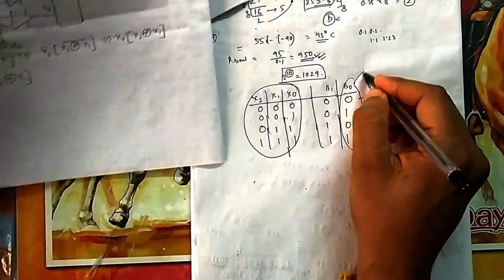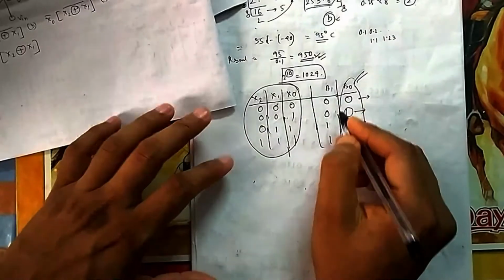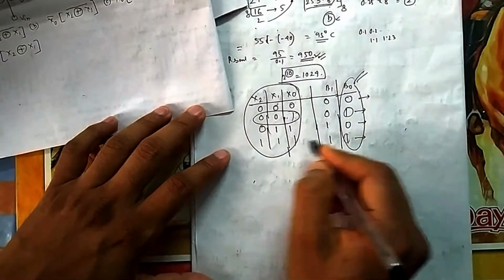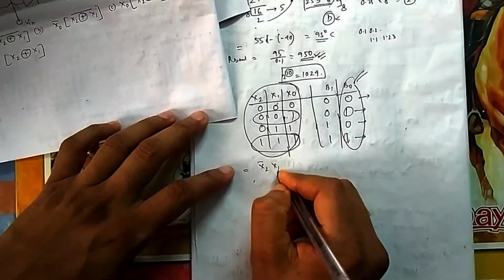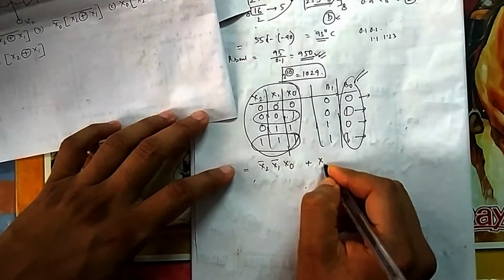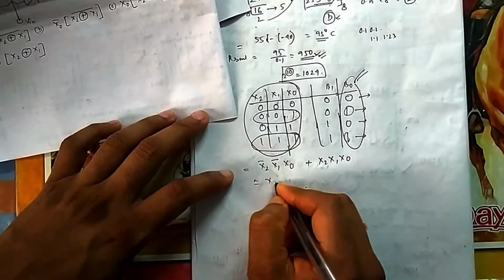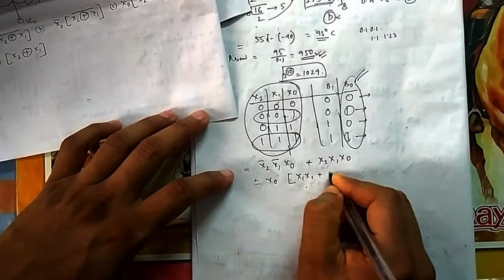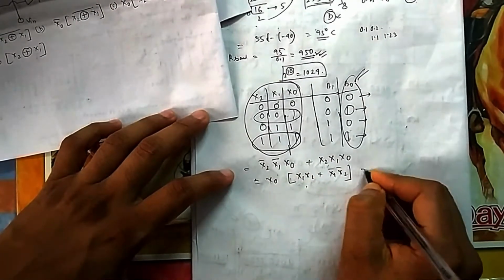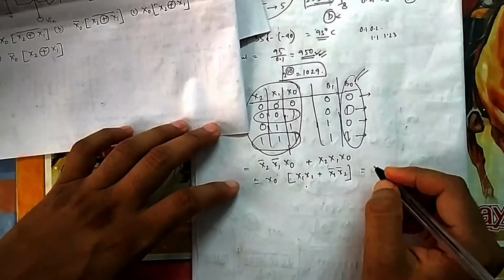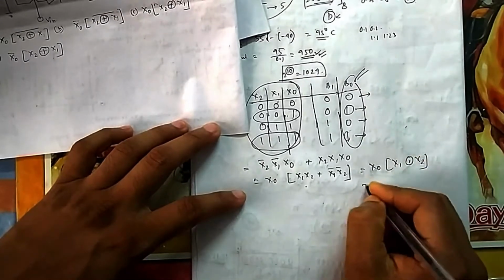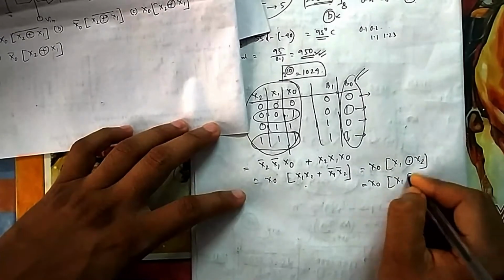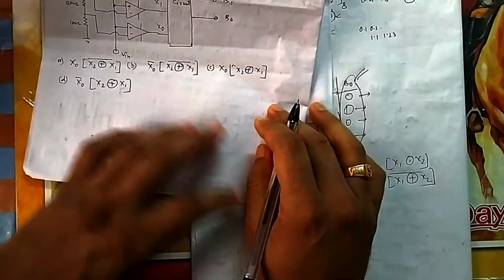They are asking you the expression for LSB. LSB here is B0. So you have to express LSB in terms of x2, x1, x0. This is your output and this is your input. You see which one is 1. So you can write it from here itself. It is x2 bar x1 bar x0 plus x2 x1 x0. So you can take x0 common, then it is x1 x2 plus x1 bar x2 bar. And what is this? This is nothing but x0 XNOR of x1 and x2, which is your option A.